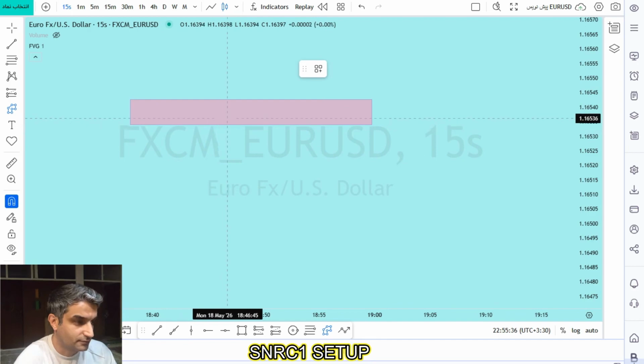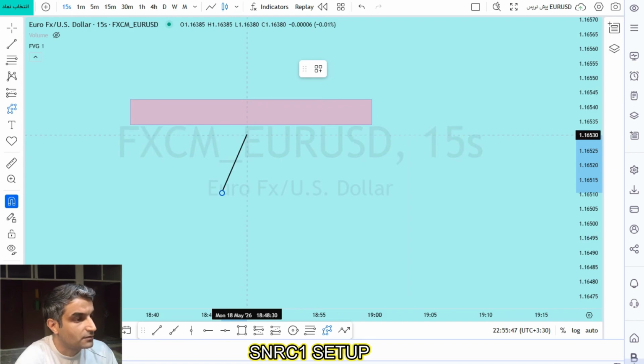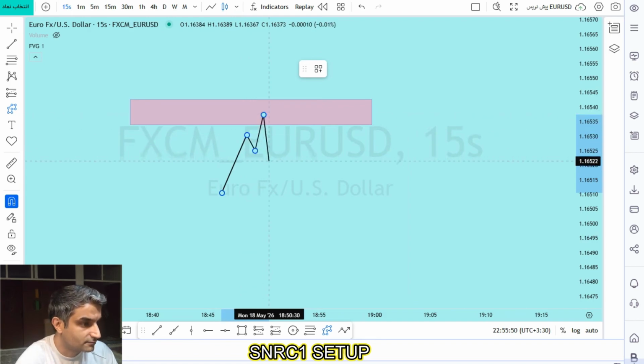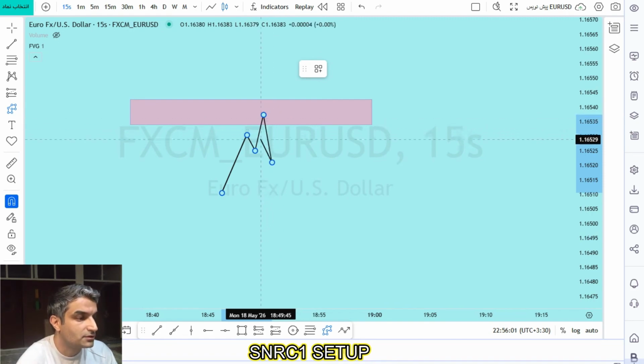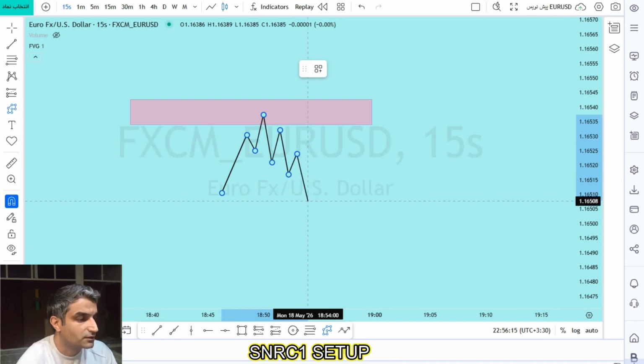We have a POI or direction in a higher time frame, and in the low time frame we are looking for a pattern like this. Price has a change of character, had a reaction to this area, and this can be a QMR setup. And if we are not in the market and if price has a change, we can enter the market